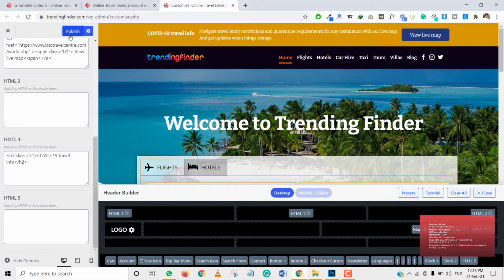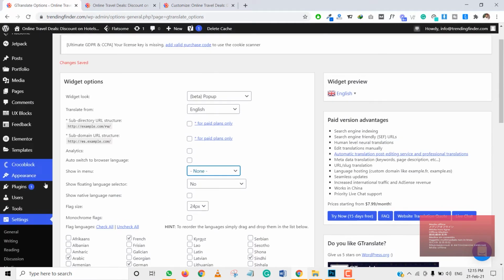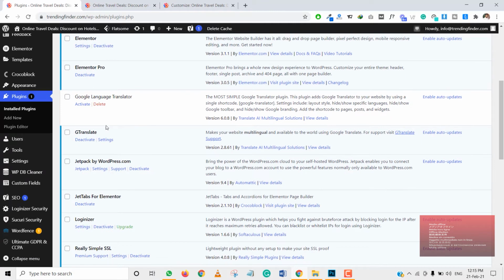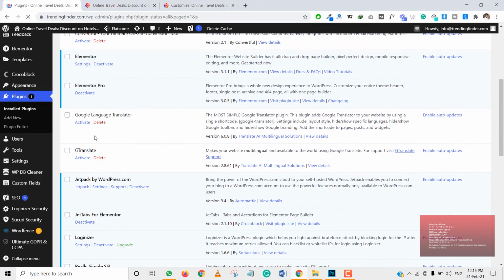If we go and remove this section, we can deactivate this gTranslate plugin and install and activate the Google Language Translator plugin.